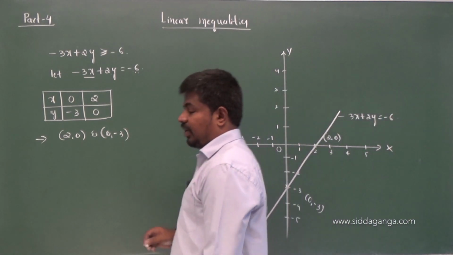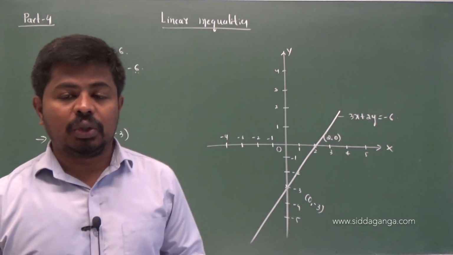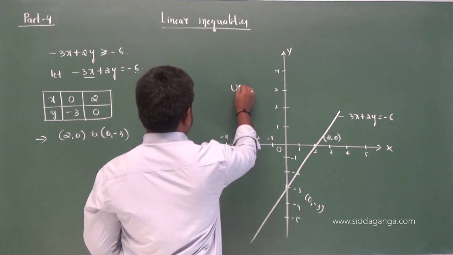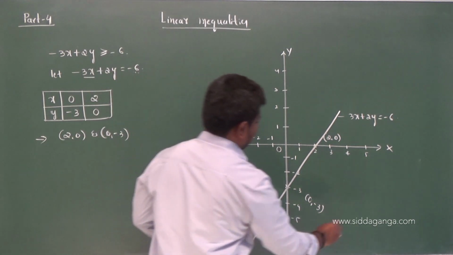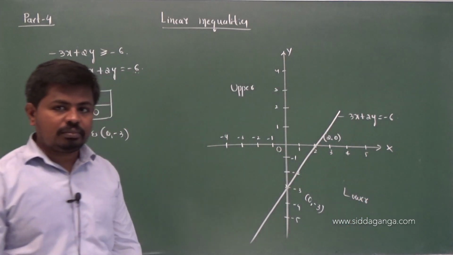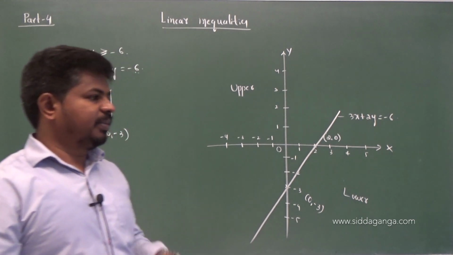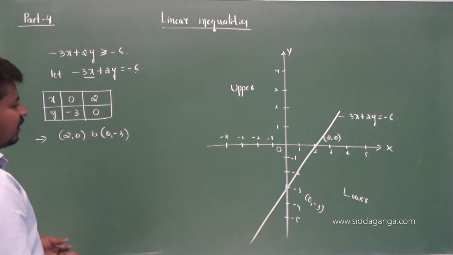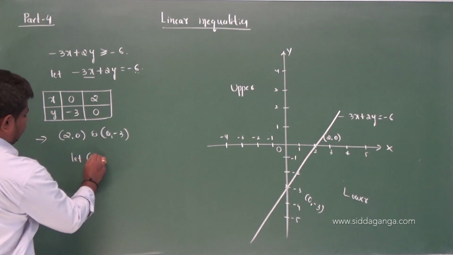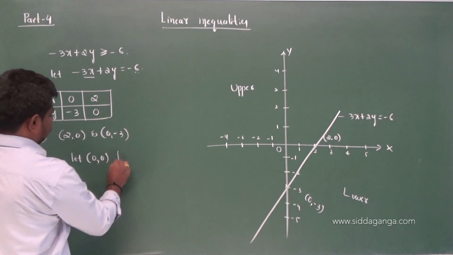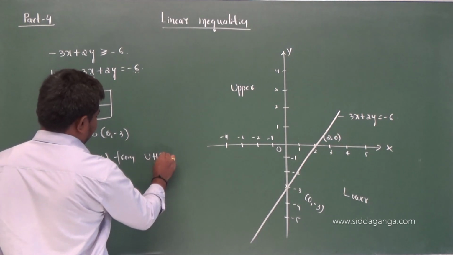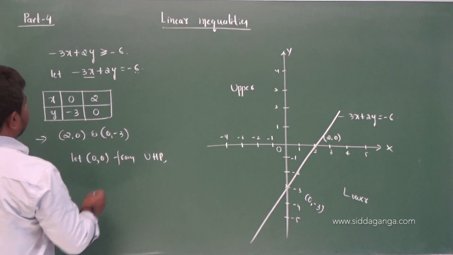Again, this line divides the plane into two parts, the lower half plane and the upper half plane. So, this becomes your upper half plane and this becomes your lower half plane. Same as before, considering a point from any plane, let us take again 0 comma 0 from the upper half plane. So, substitute in the given inequality, that is: